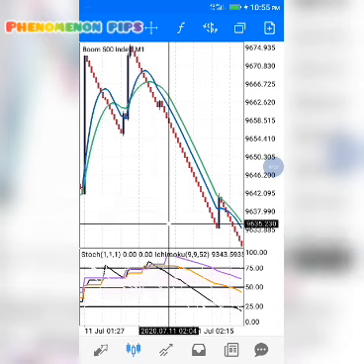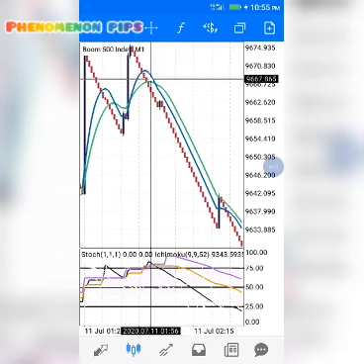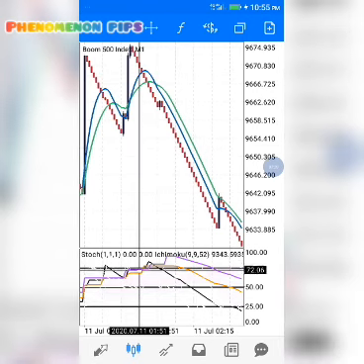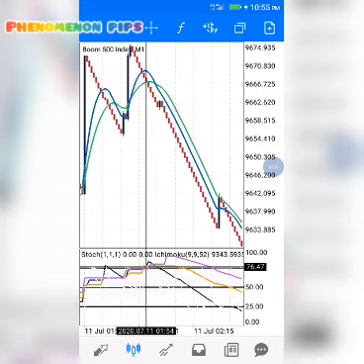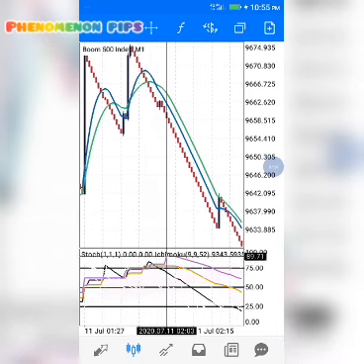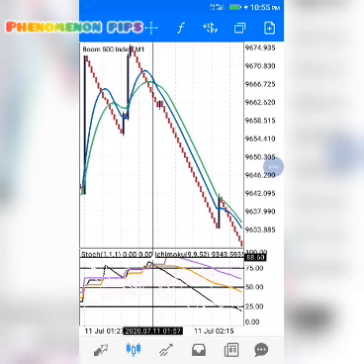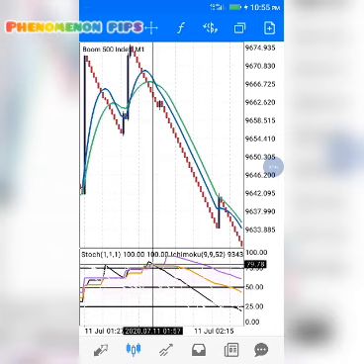Then when you notice that this moving average crosses each other downward like this, and you notice that they are already overbought, then the market is coming down. So that is for sure that the market will come down for like an hour. But for that hour, you will see some spikes, but it will not affect you because the market is already overbought.